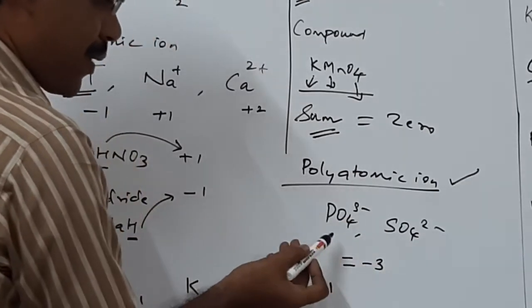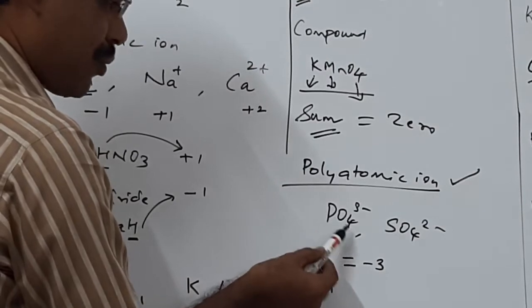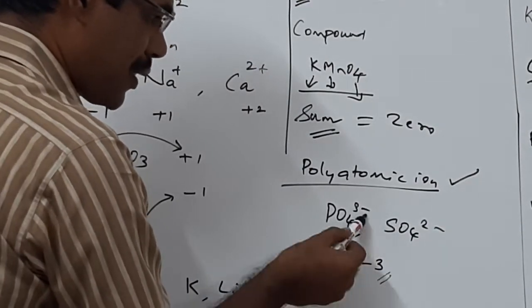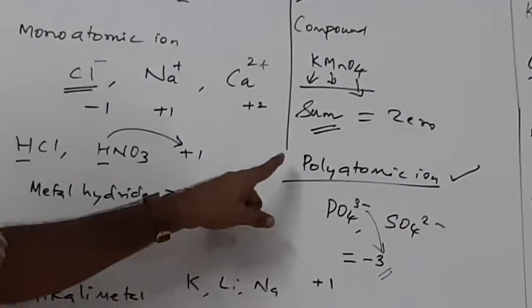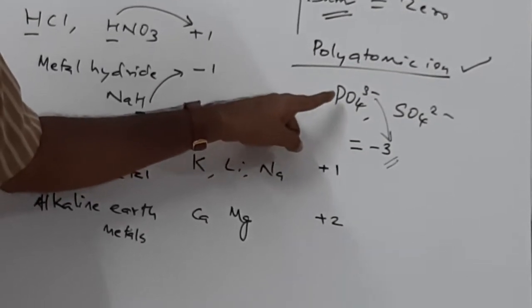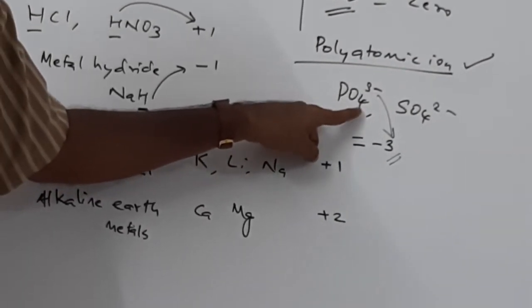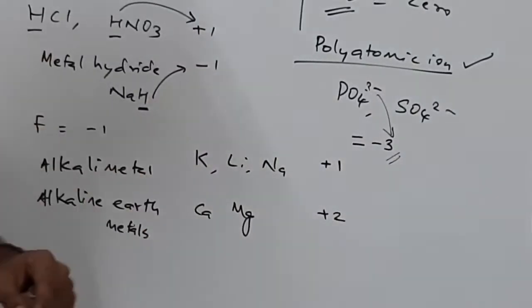So in the இடத்துல the oxidation number of phosphorus plus oxidation number of this oxygen atom should be equal to -3 because there is a charge that is present in this particular polyatomic ion. So let me repeat once again, in the case of a polyatomic ion, the sum of the oxidation number of the elements present is equal to the charge carried by the polyatomic ion. சரிங்களா, இது ஒரு பாயிண்டா சொல்றாங்க.